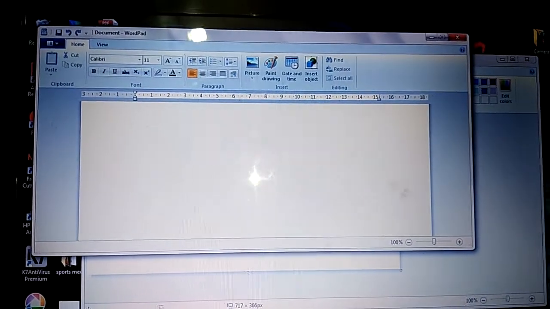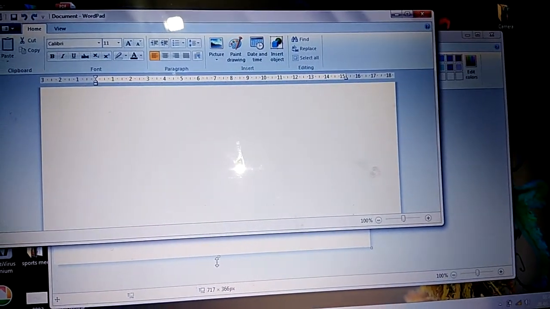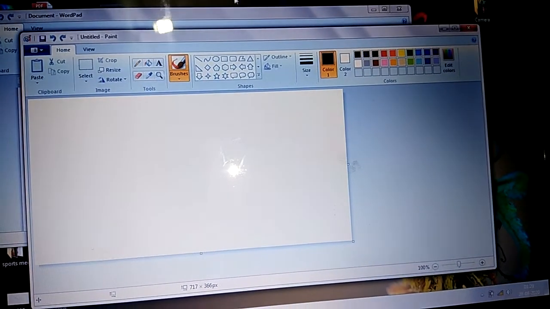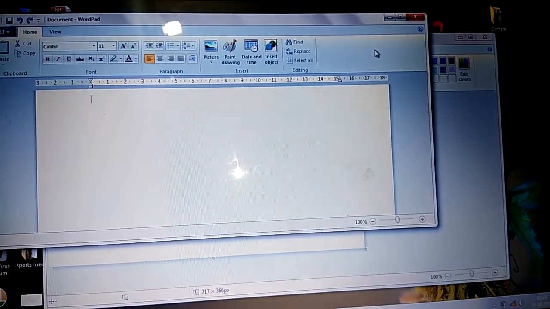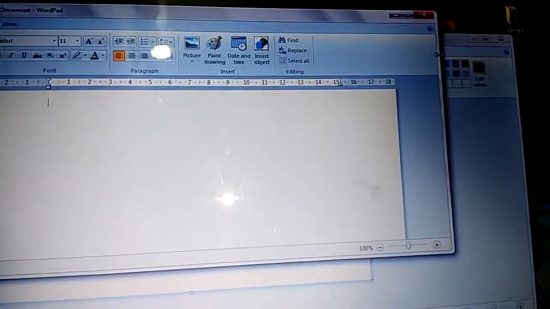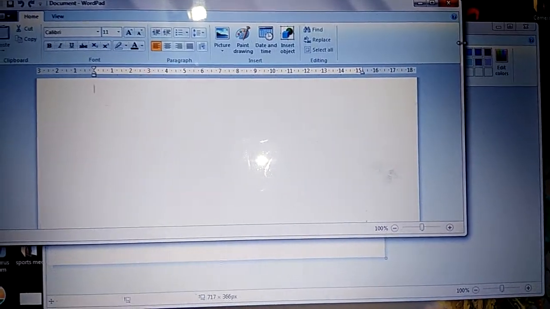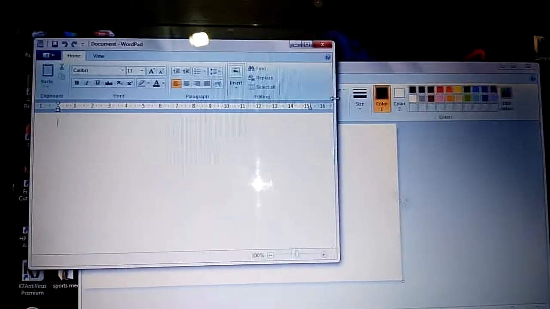To use this feature, open any two application windows. I open here one Paint program and second one is WordPad. After that, now drag one of the application windows. This is the border edge. A double-sided arrow appears on the screen. After that, drag it.